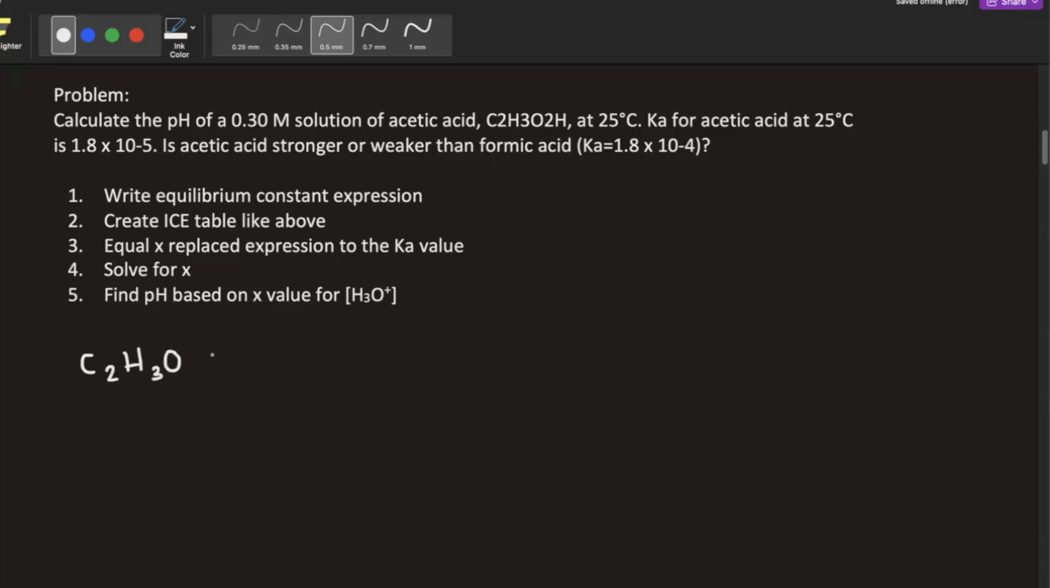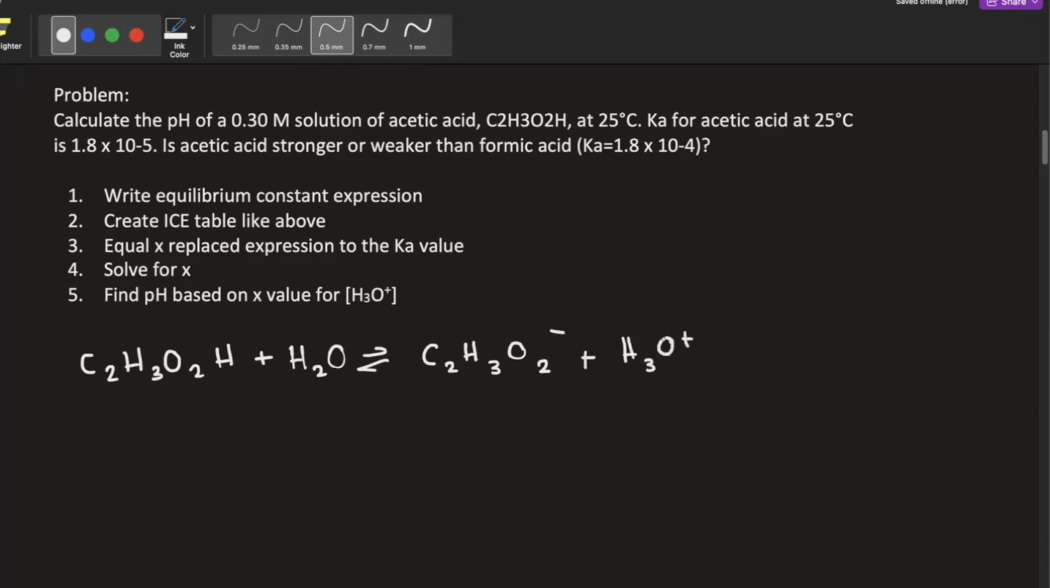C2H3O2H plus H2O gives us, and this is going to be your acid. So remember that your acid is going to work as a proton donor. So that is going to turn into C2H3O2 minus. And then the water is acting as our base. So it's going to be working as a proton acceptor. So it's going to turn into